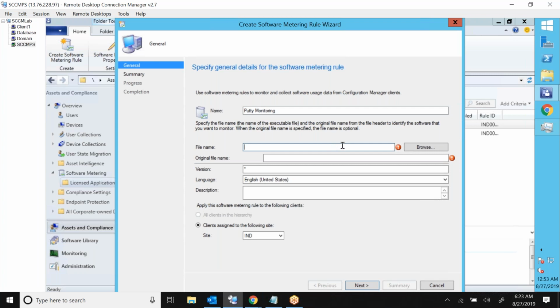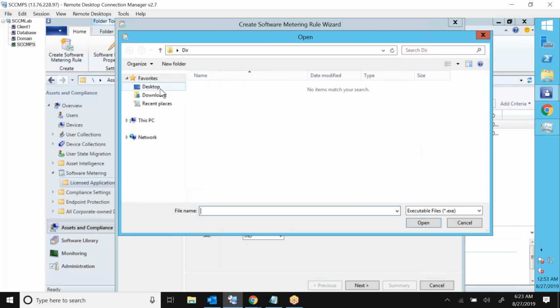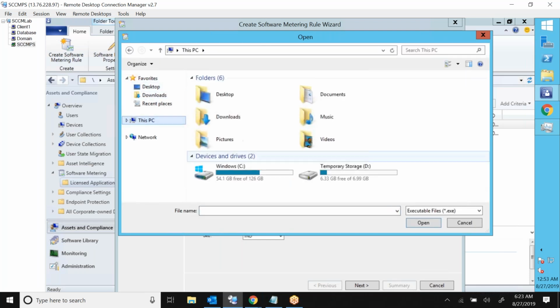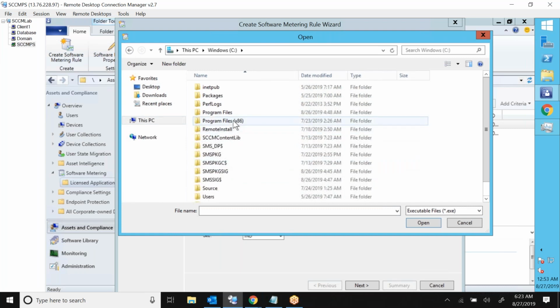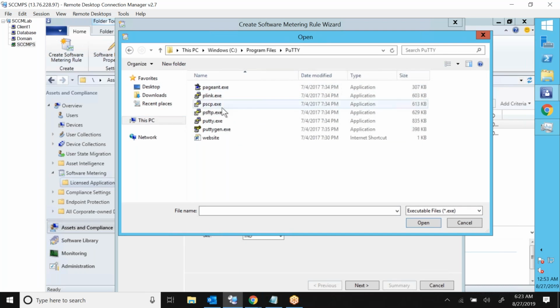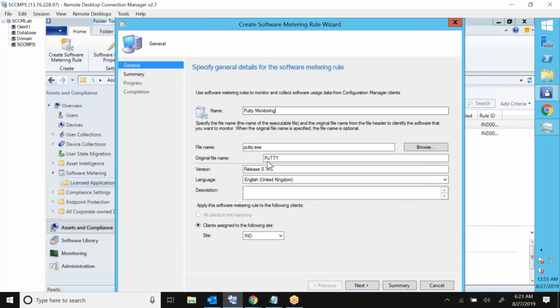You need to type in the exact file name, putty.exe, or if you don't know the exact name, you go to browse and go to the location where putty is installed. So putty is installed in C drive. I think it is in program files, putty, and then you take putty.exe from here and click OK. You see, it is capturing the details based on the file name. So putty.exe, and then you can click on next, next,